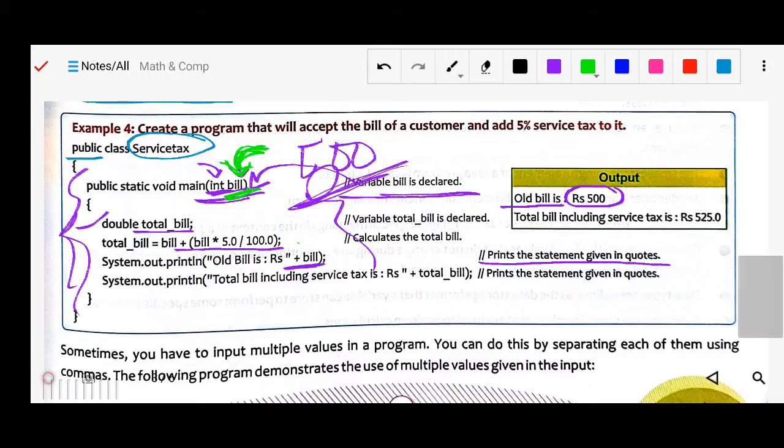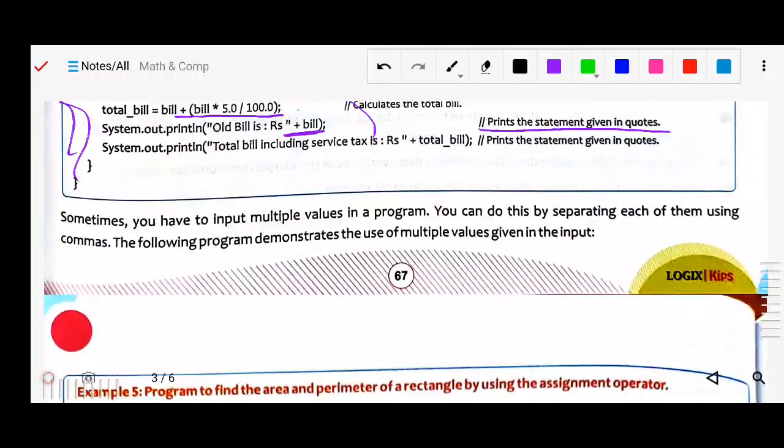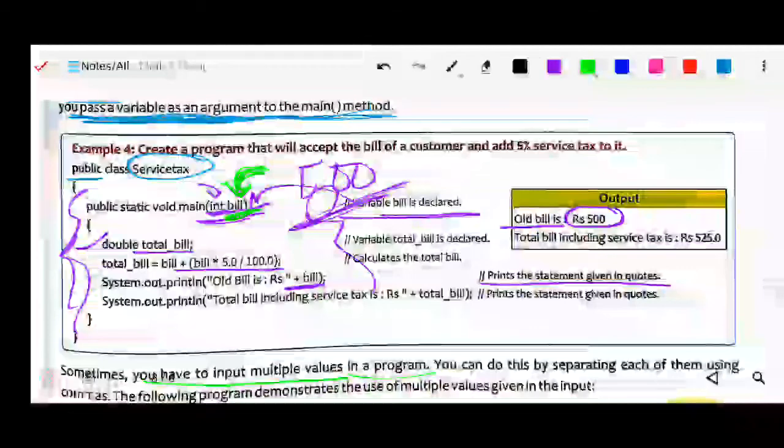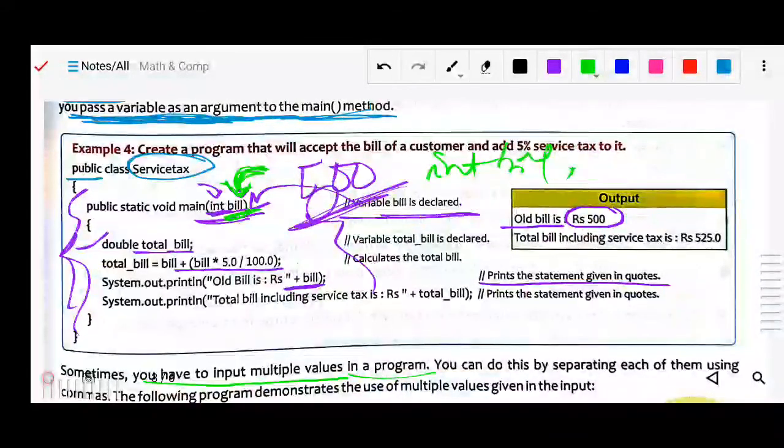Sometimes you have to input multiple values in a program. If you have written int bill, or any other variables, however many variable names you have taken, a value should be assigned for all of them, and it will be asked again and again.